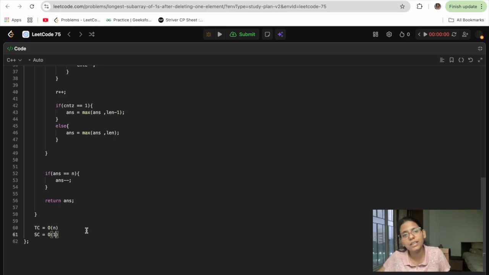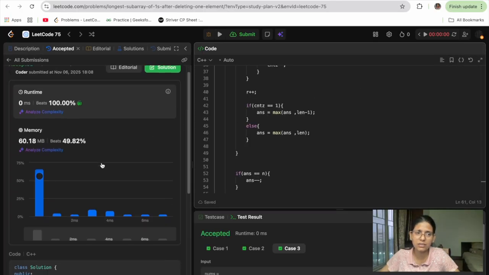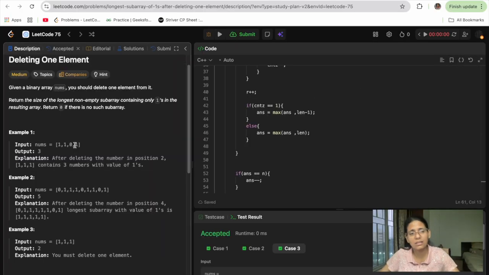Yeah, and that's it. I hope you find it simple, because it is nothing but the last question only, where the k value is 1. In that question we were flipping k zeros, and in this question we are just deleting that 0, and the number of deletions of that 0 is only 1. That's it, guys, and nothing more.